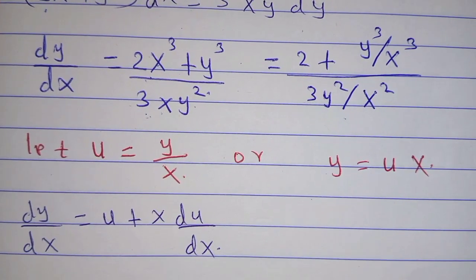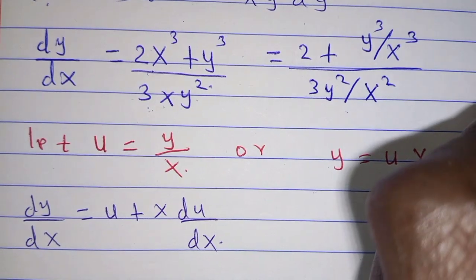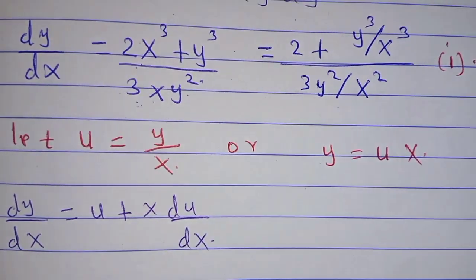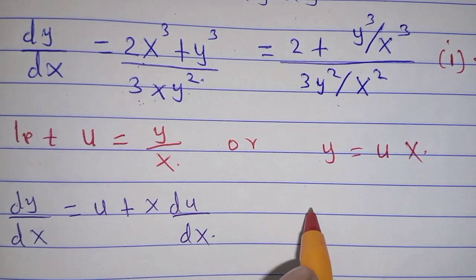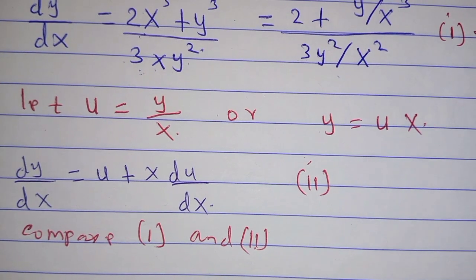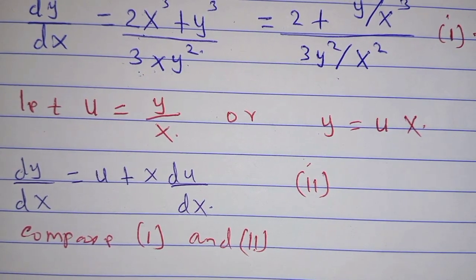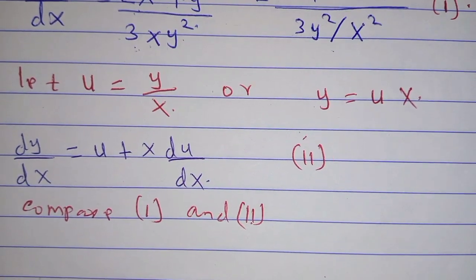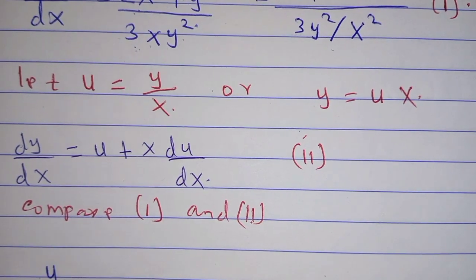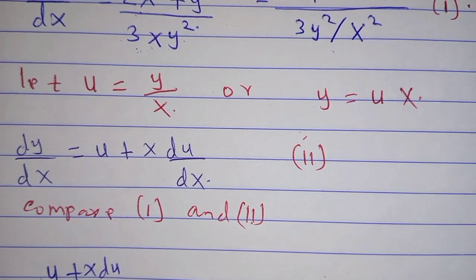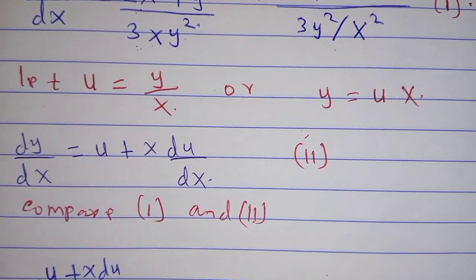We can call this equation here equation 1. We can call this other one equation 2. We compare 1 and 2 to obtain the following. So we are going to have u plus x du over dx, which is equal to,